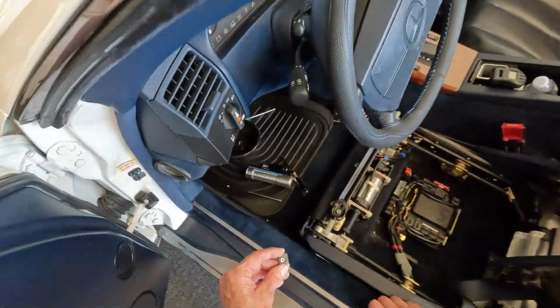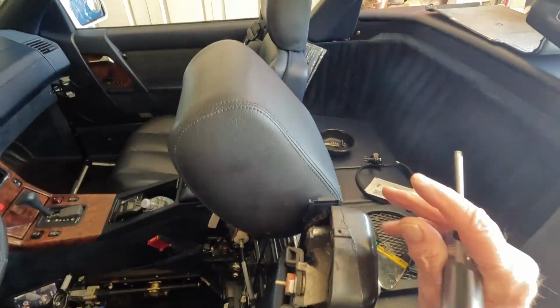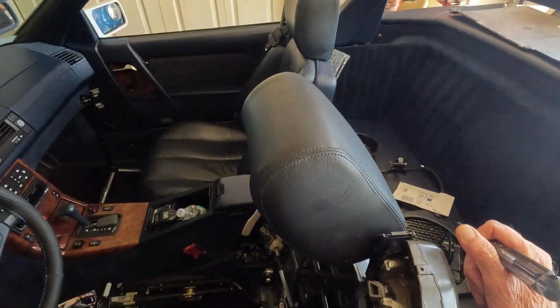Save that, a safe place. Come on, don't do that, camera. I keep knocking this camera into things. Okay, so